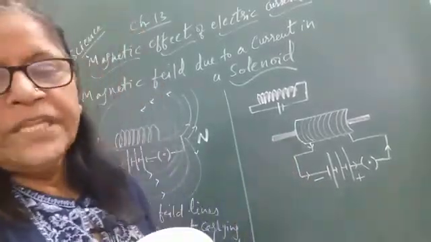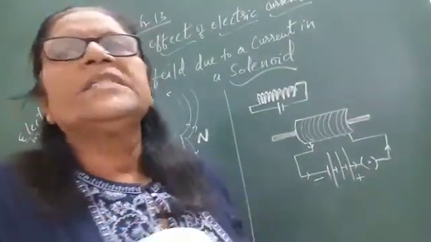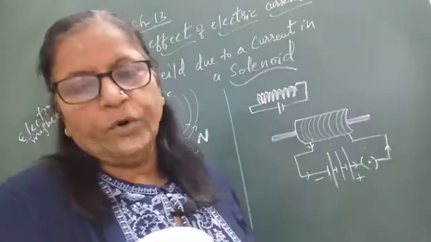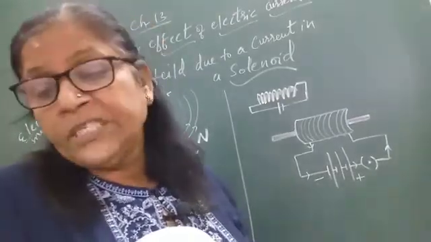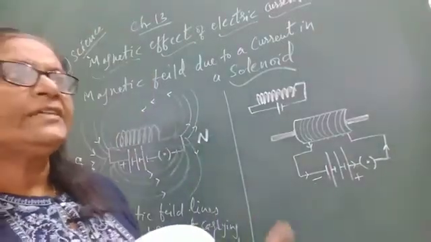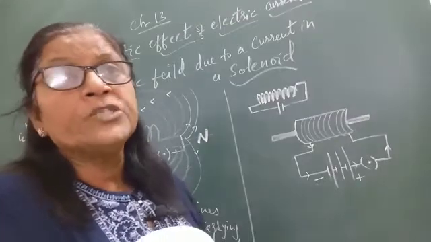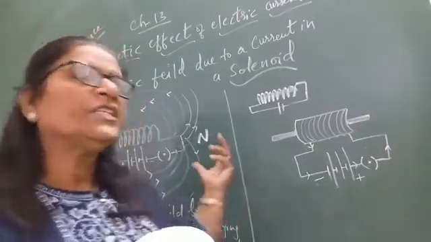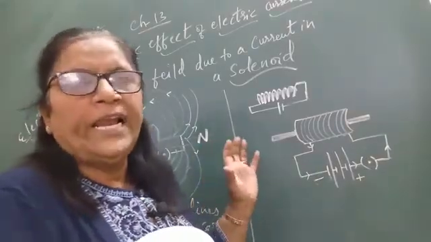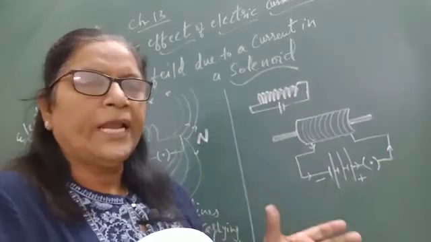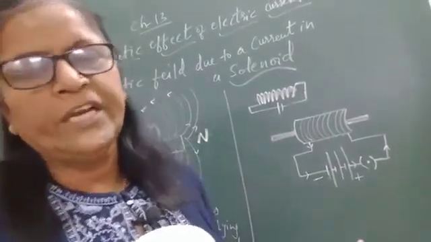Okay, so this was first discussed by the scientist Michael Faraday, and that is electromagnetism. Before this invention, it was believed that electricity and magnetism were two different branches of physics, but after this it was understood that with the help of electric current we can produce a magnetic field, and with the help of a magnetic field we can produce an electric field.